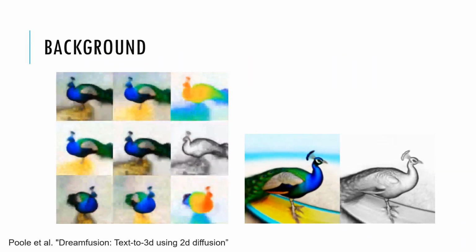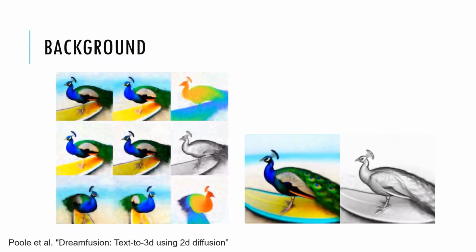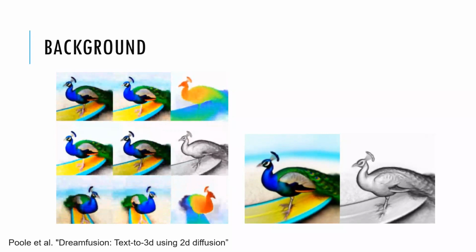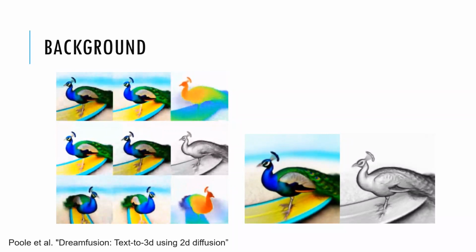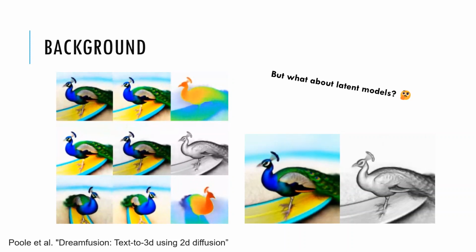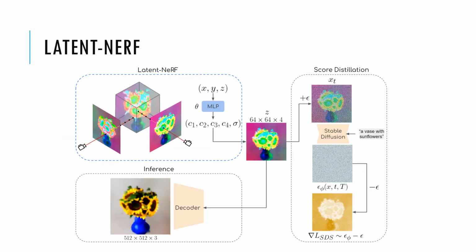The score distillation mechanism, recently proposed in DreamFusion, has shown that one can utilize 2D diffusion models for text-guided 3D shape generation. However, the proposed solution in DreamFusion operates in RGB pixel space and is not suitable for latent diffusion models like Stable Diffusion. We show how to adapt score distillation to latent diffusion models by representing the 3D scene